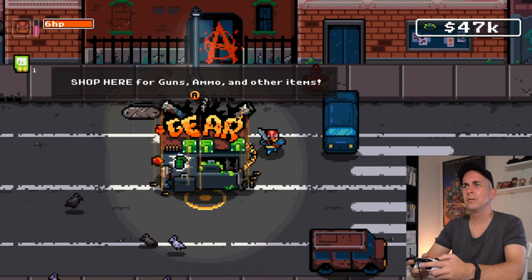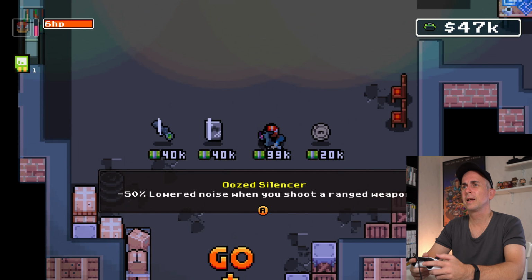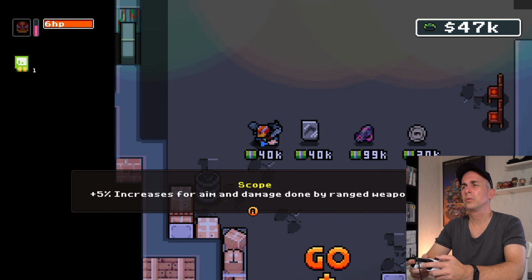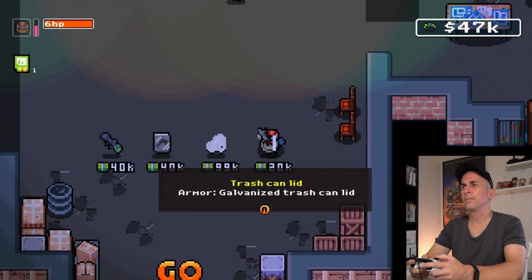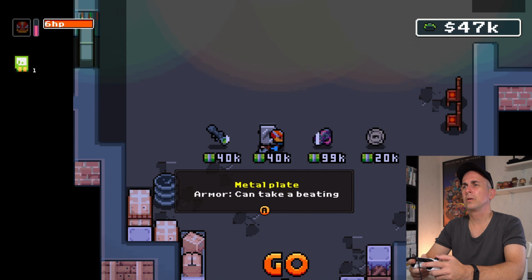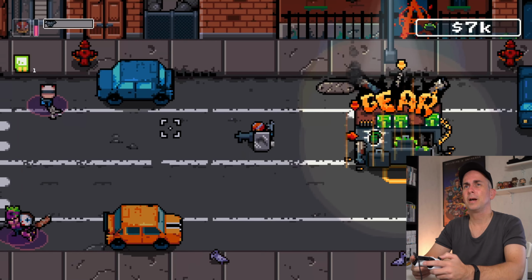Alright, second mission was luckily fairly easy. Not a lot of money was collected. A shield could pretty much help. A scope. Oh man. Yeah, I'm gonna go for the metal plate. I think that's my best bet to survive the next mission. I need more money, but